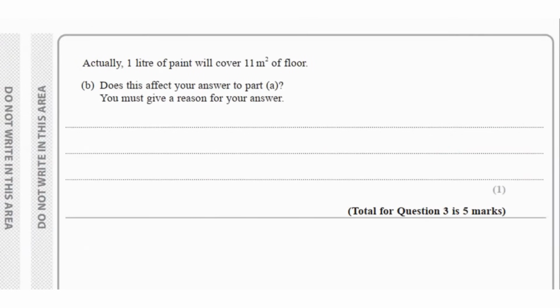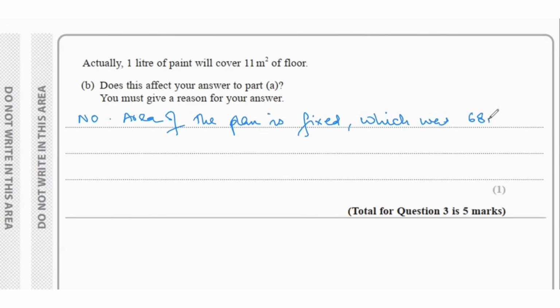Next part says actually 1 liter of paint will cover 11 meters square of floor. Does this affect your answer to part A? This will not affect our answer to part A because the area of the plan is fixed, which was 68 meters square. So now if 1 liter of paint is covering 11 meters square, that means it's going to